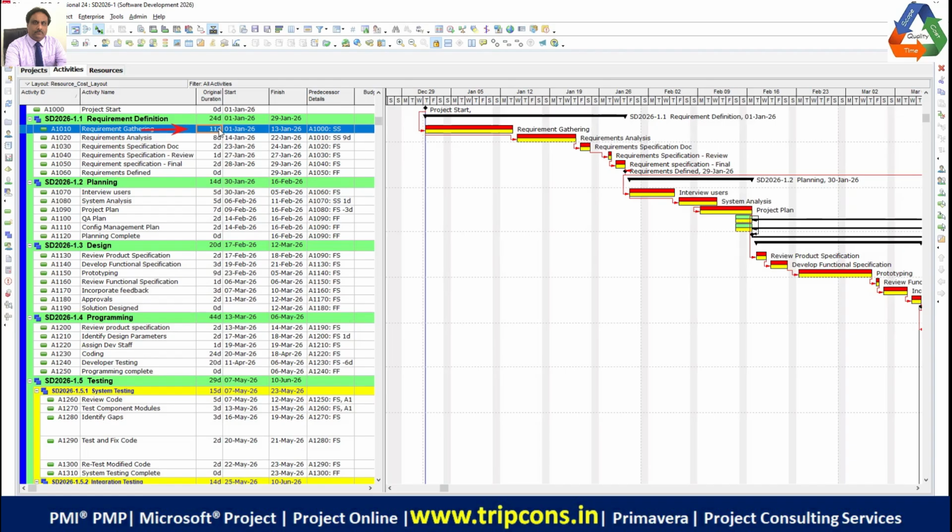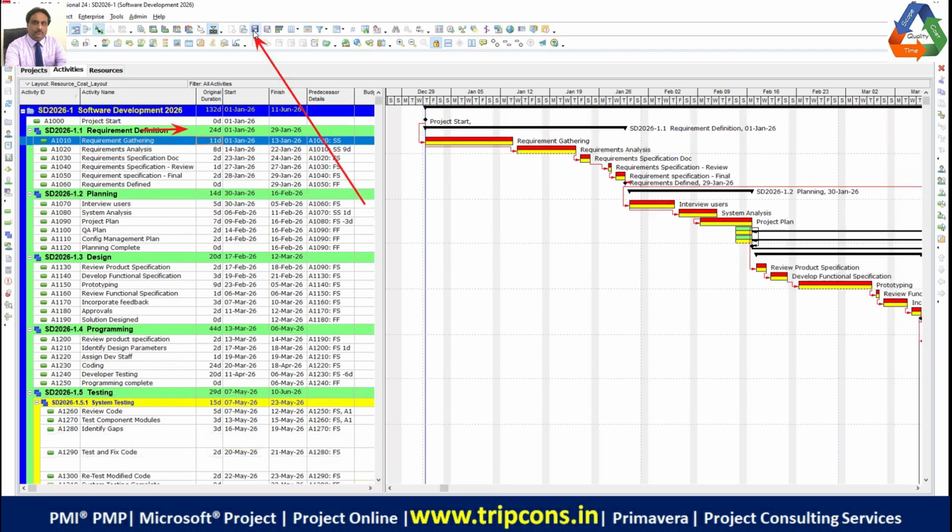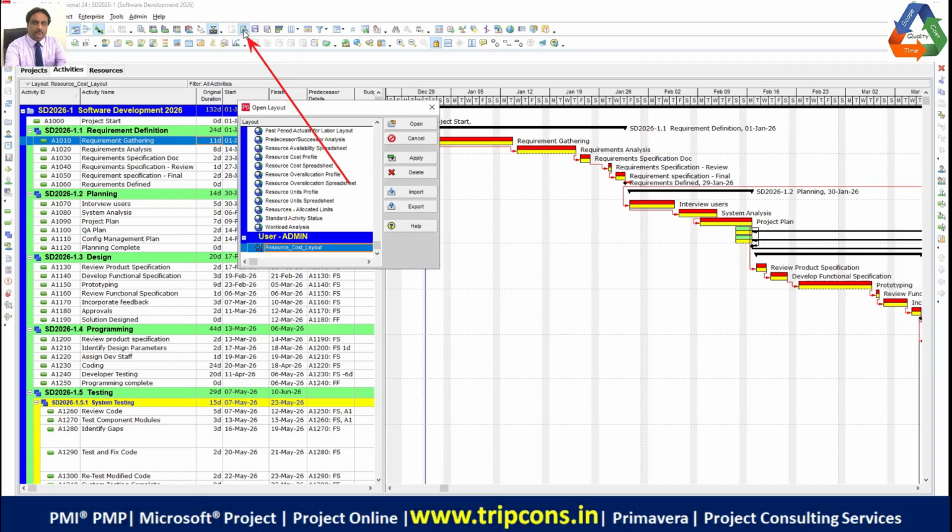Before we bid goodbye to this layout, we must always save the layout. So you click this to save the layout, so that when you come here next time, you will get the same kind of design. Now you click on the open layout. Now we will apply the project tracking layout. The tracking layout is actually in a folder, so you click on the import